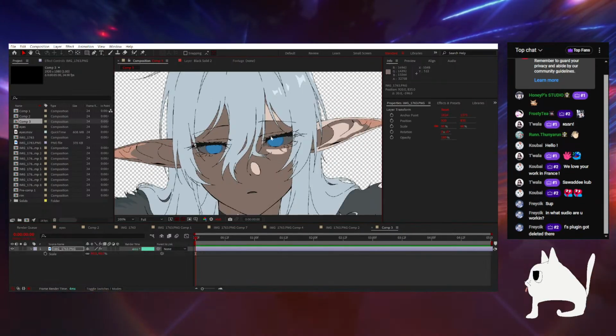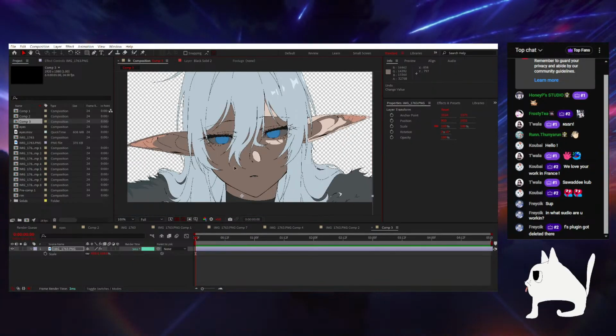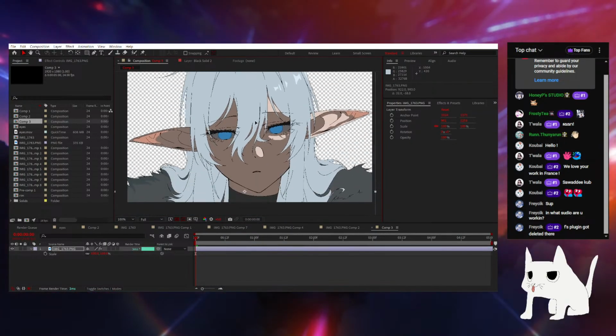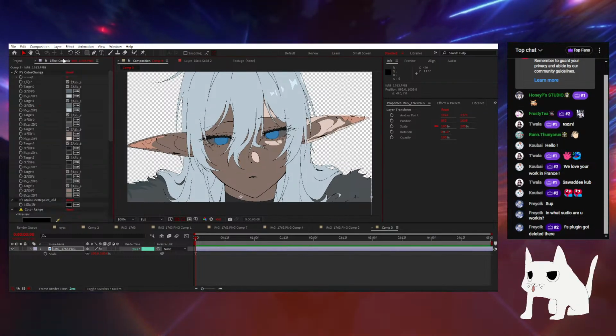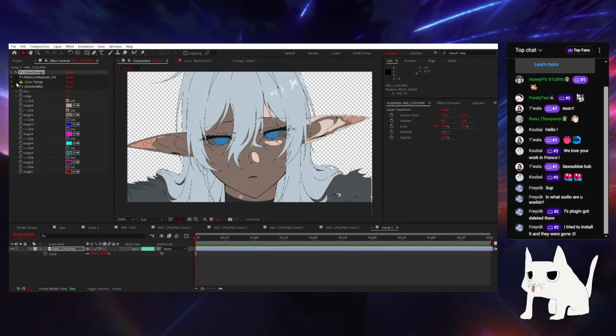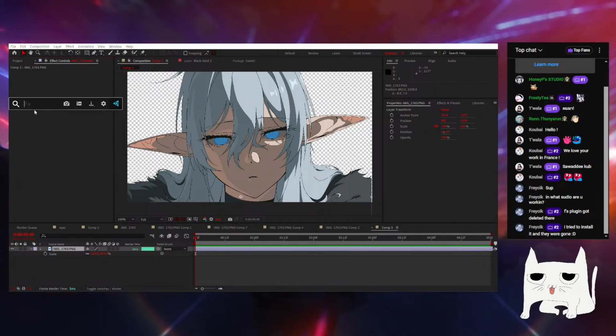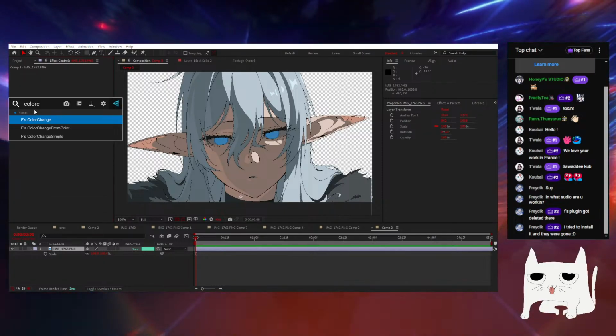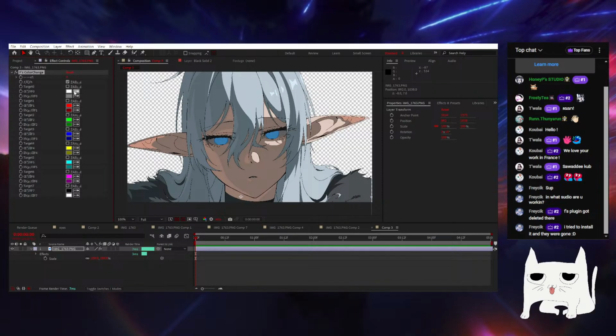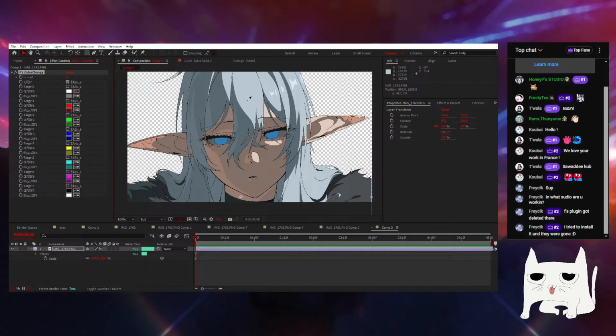So let's do this. I'm going to focus on the face, I think that is good. Okay, so change the color. I would put this color change in, and I'm going to change this highlight color into